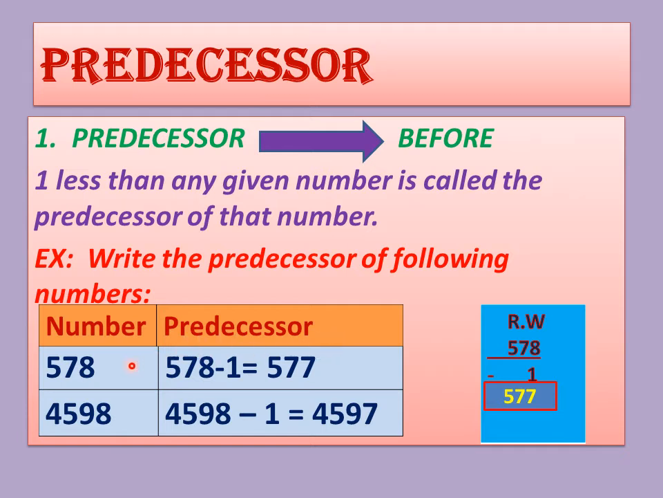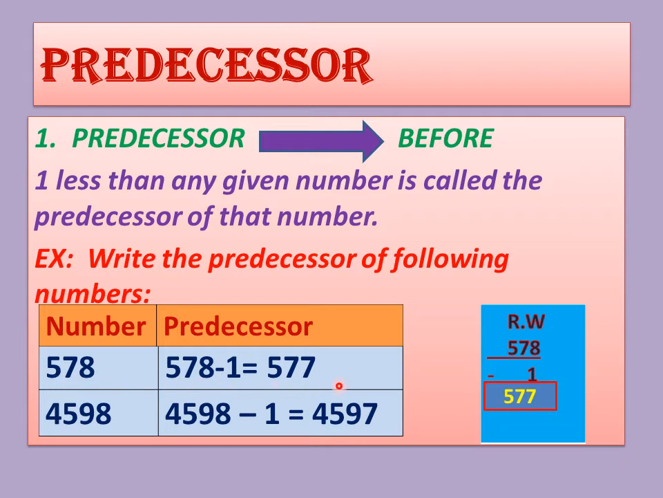And in this chapter, how you will get predecessor of a number? By subtracting 1. जब भी आपको किसी नंबर का predecessor find out करना है, आपने उसमें से 1 subtract कर देना है. See in the example, we have number 578